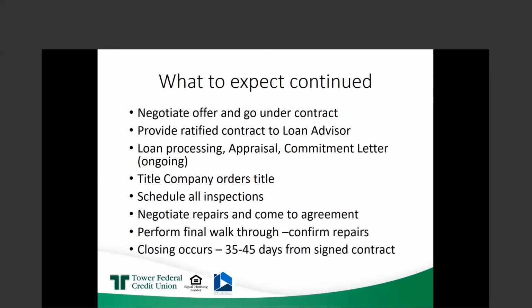And then the commitment letter is the lender's commitment to lend you the money at the time of settlement for your loan. And that's all an ongoing process. The whole process takes 35 to 45 days from the time that you submit your offer to the time that you attend settlement. Your title company is important, and the title company orders the title to make sure there's no